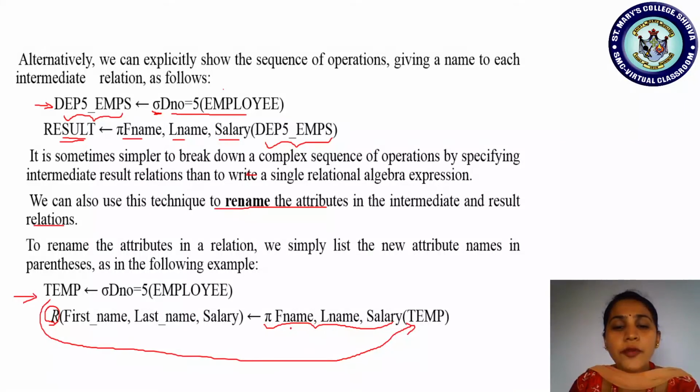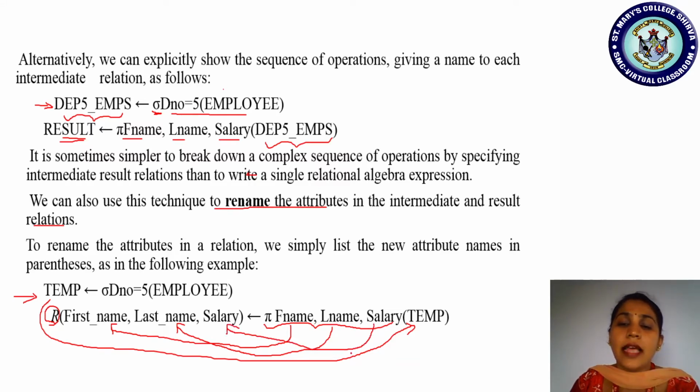So this is an attribute. The first name attribute will be renamed by which name? New name, first underscore name. Similarly, L name, which we are trying to project here, will be renamed. This attribute name will be renamed by which new name? Last underscore name. Whereas the salary attribute name will be retained as it is, salary.